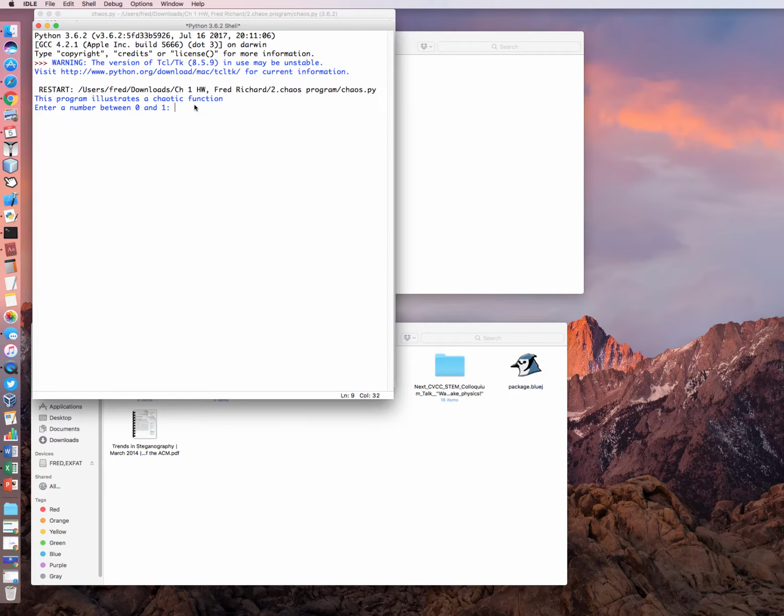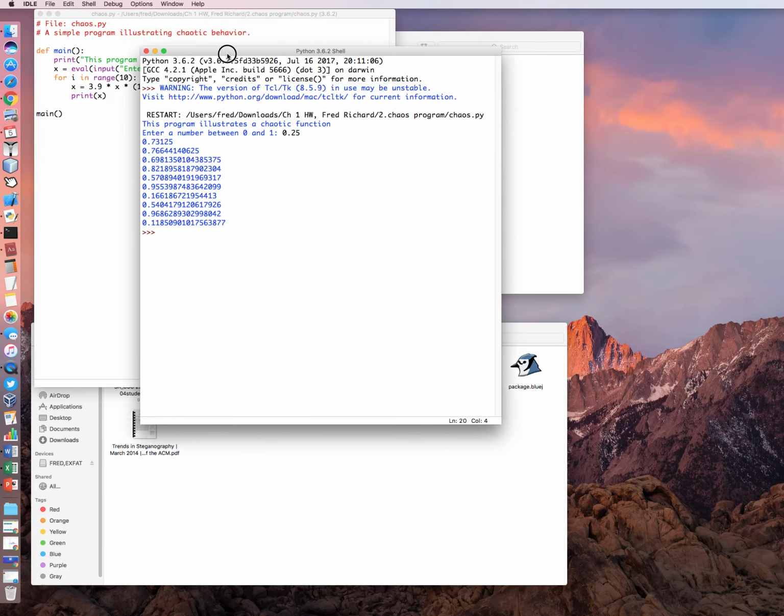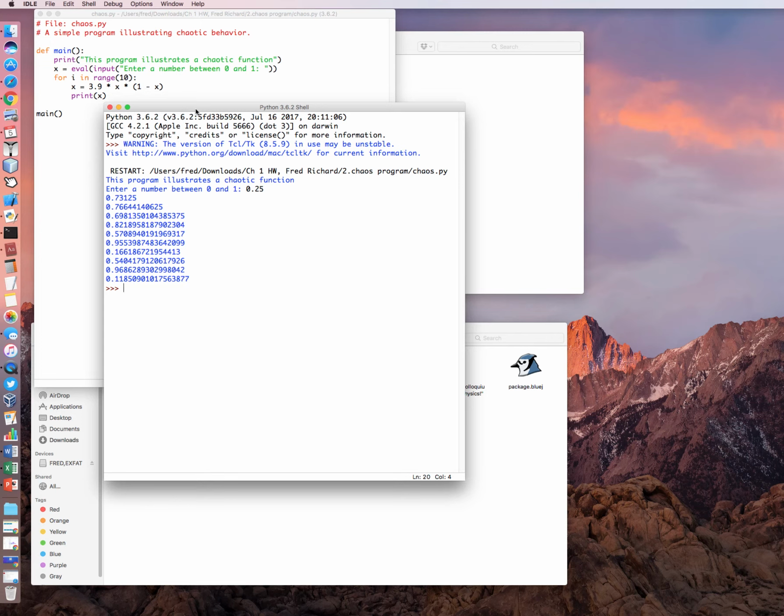So it says to enter in a value. In the book they show entering in 0.25, and there it is. So you could do a screenshot there if you wanted. Okay, that's basically